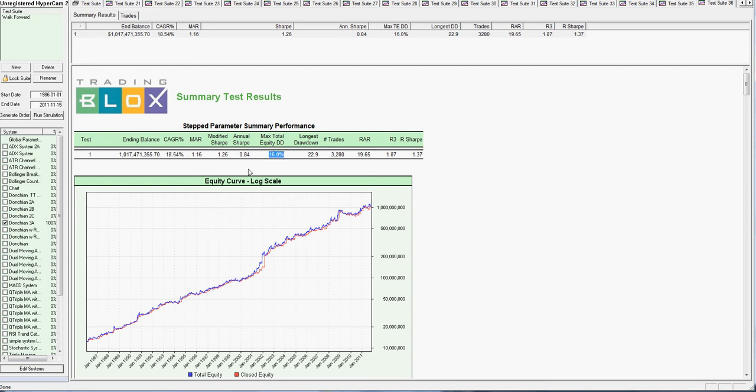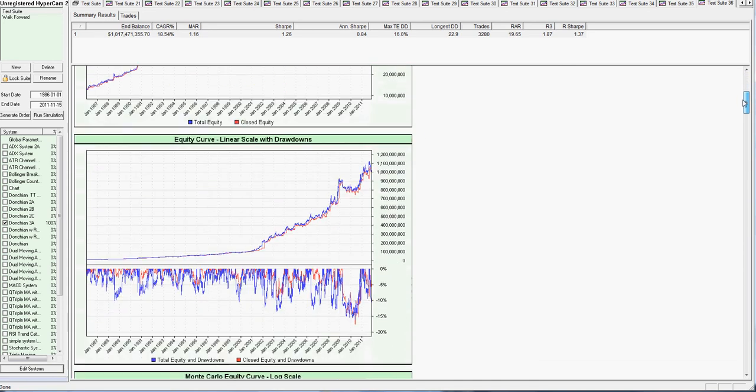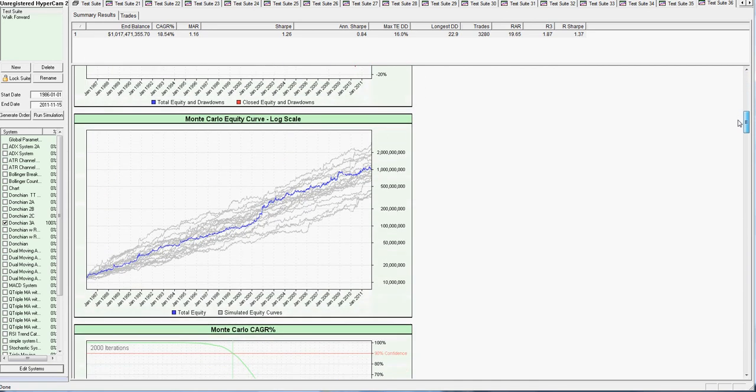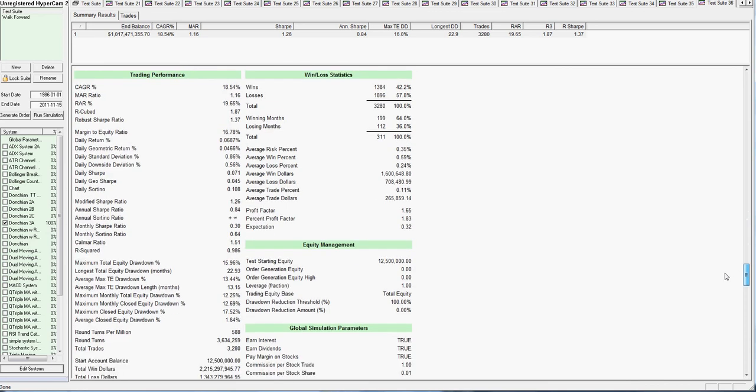So here are the results. It has an annualized return of 18.5% right here. It has a maximum daily equity drawdown of 16%, and then longest drawdown of 23 months, just under 2 years, 3,300 trades approximately. And if we scroll down, we can also see this system's maximum drawdown